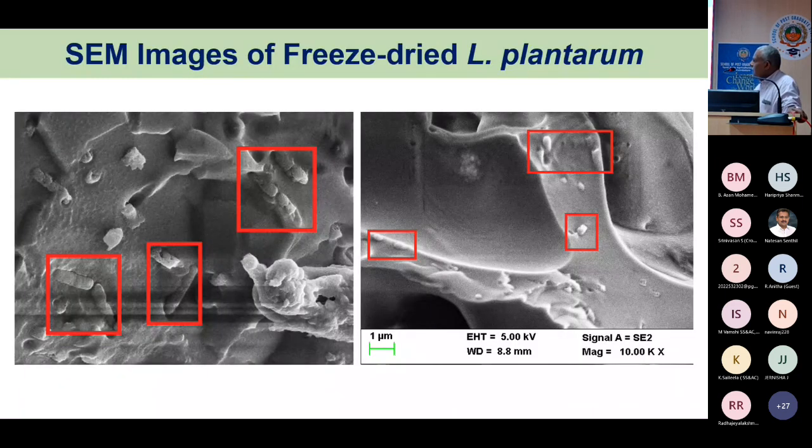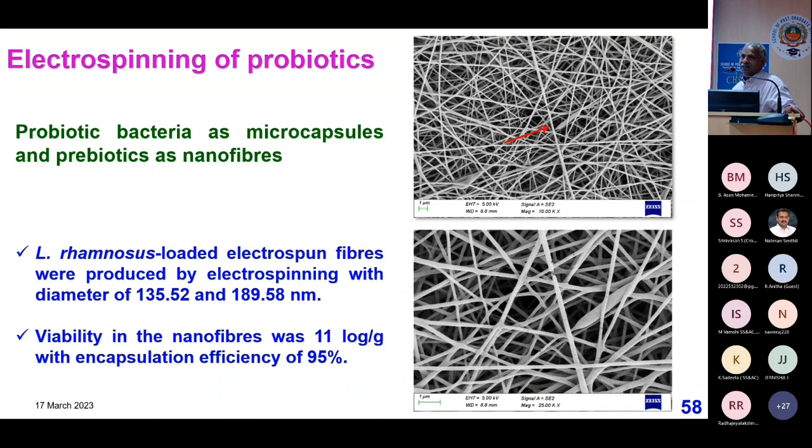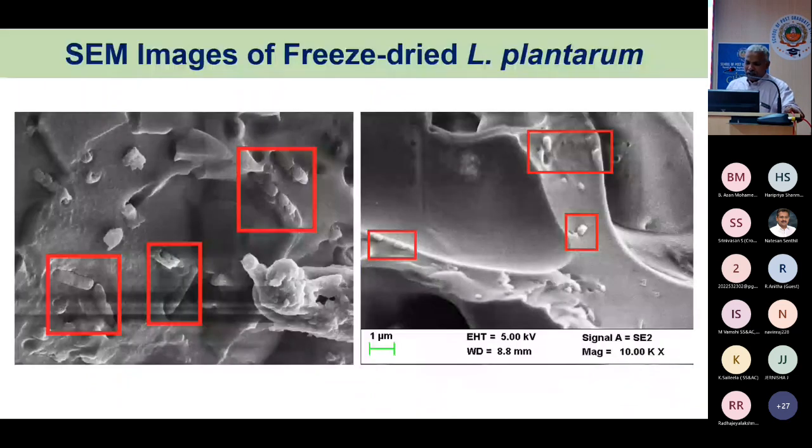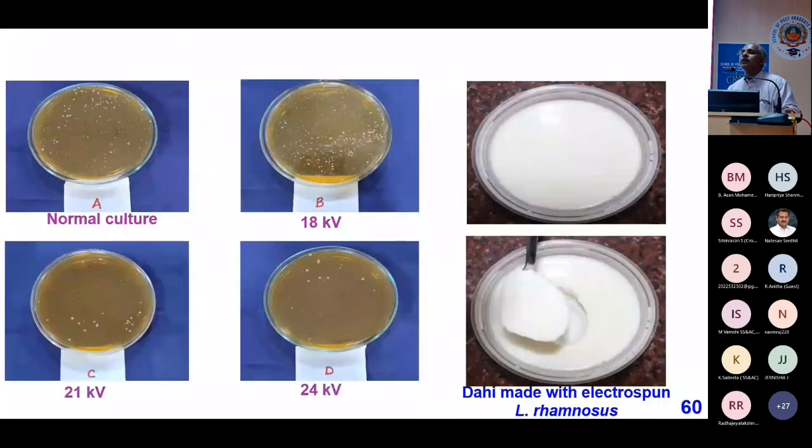You can see here, compared to freeze drying, in freeze drying the microorganisms are just embedded, not encapsulated. And freeze drying is the gold standard for producing dry cultures. Whereas here you can see it is encapsulated. You don't see the bacterium. You've seen hundreds of images like this. Here you can see those bacteria here and there. They are all just embedded. This technique can give encapsulation efficiency as high as 95%,